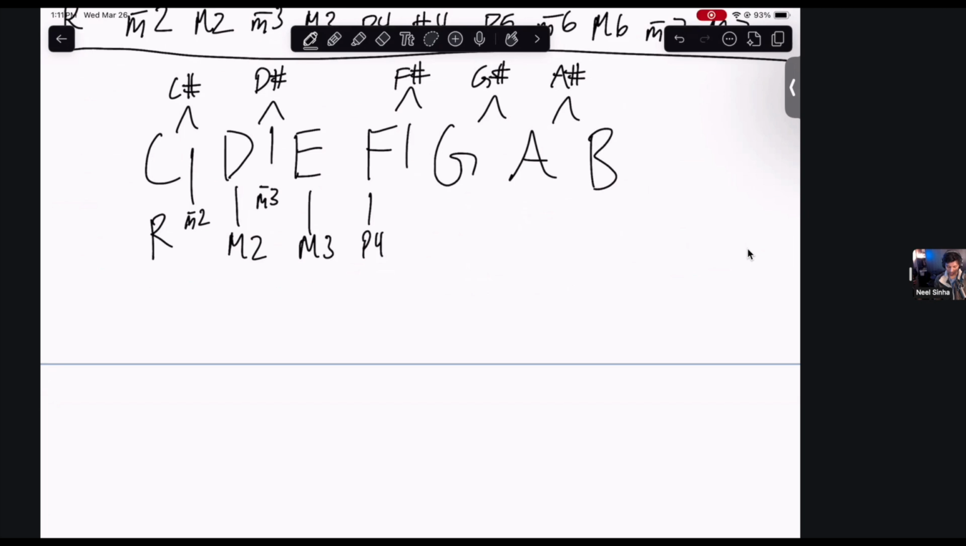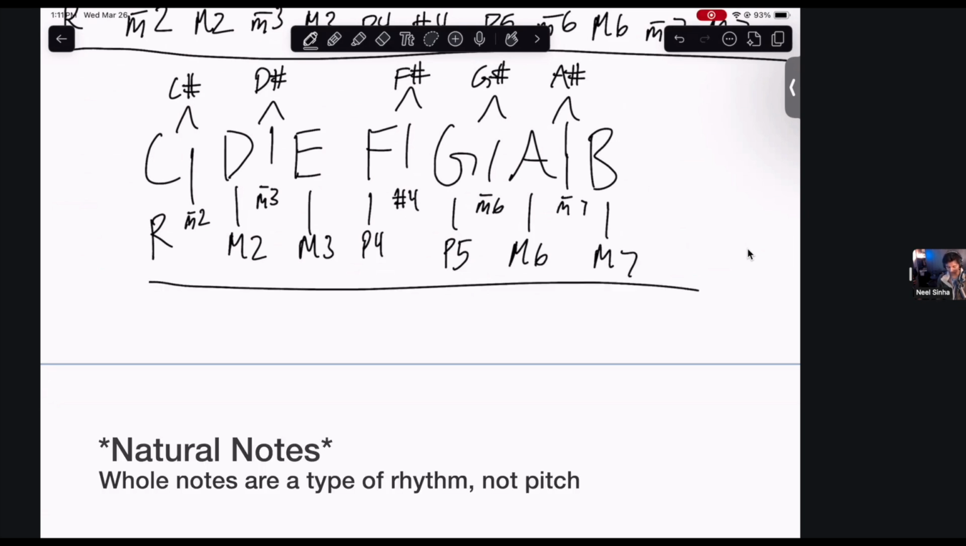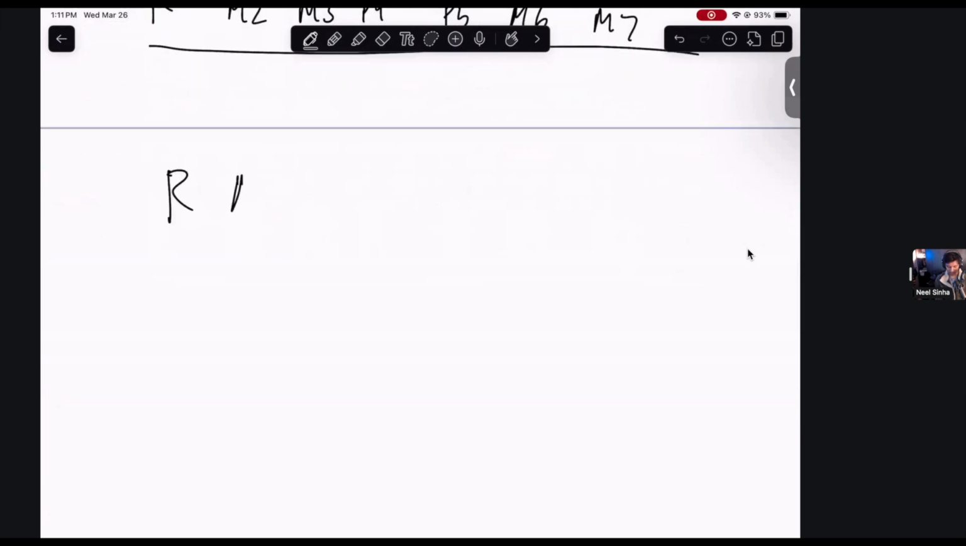F sharp is the sharp 4, tritone. G is the perfect fifth. G sharp is the minor 6. A is the major 6. A sharp is the minor 7. There we go. And then B is the major 7. So what formula do we get out of all of the whole notes, the bottom set here? Root, major second, major third, perfect fourth, perfect fifth, major 6, major 7, and then you're